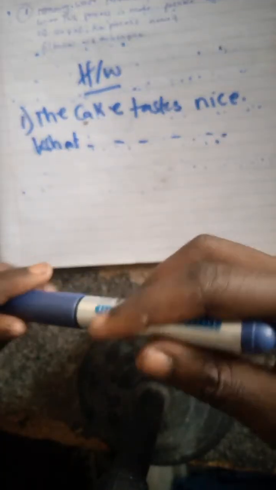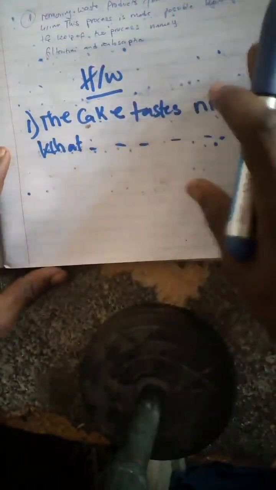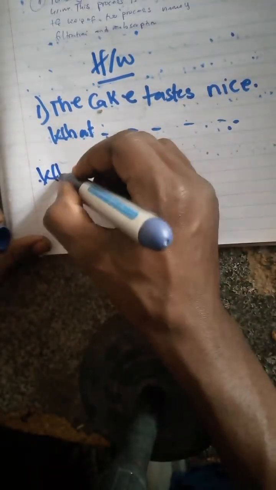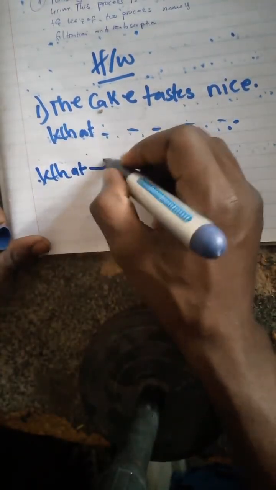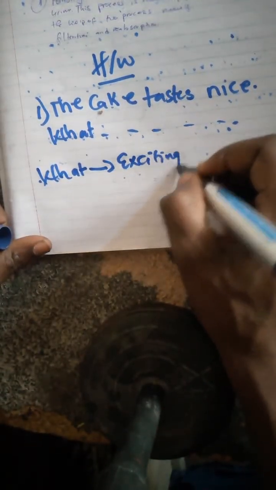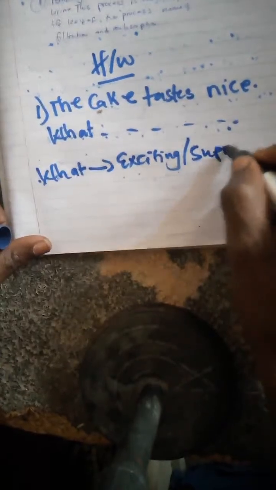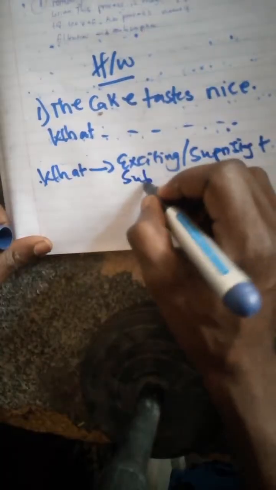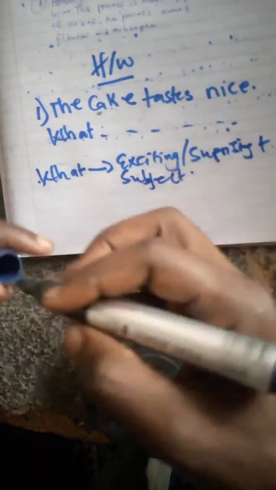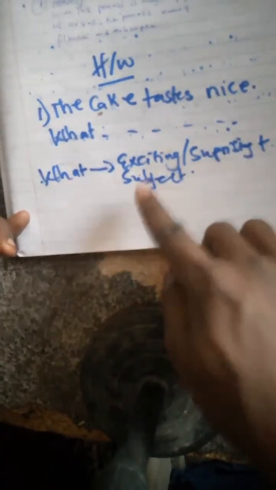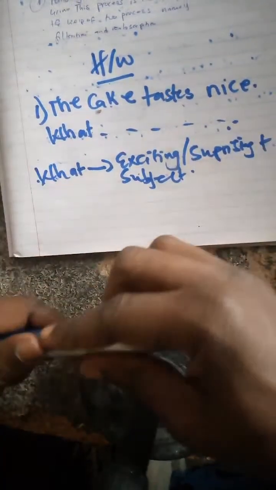The sentences that I've given you, the equations that I've given you. Don't forget. So this is your homework, guys. Don't forget what you have looked at. Mind you, what must be followed by what? Something exciting or surprising, then now you can even add a subject, then the outcome. So what followed by something exciting or surprising, then subject, then the result.